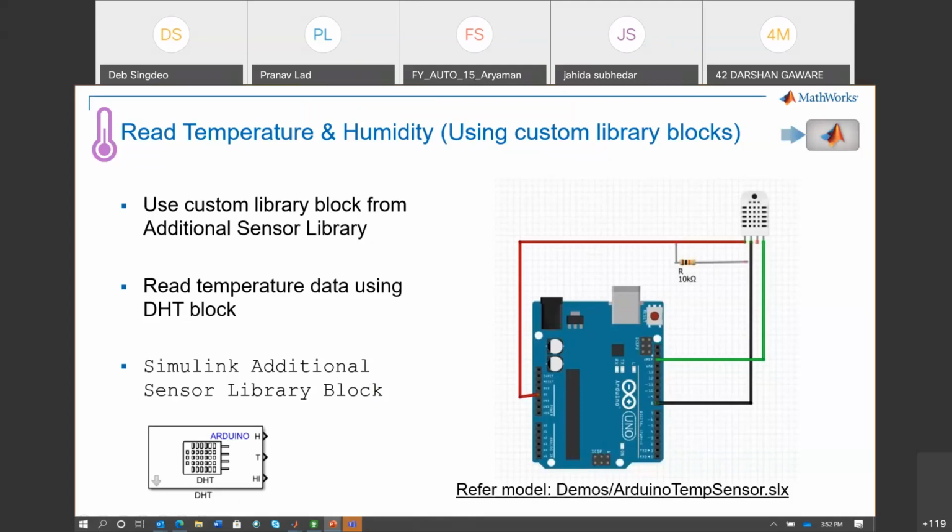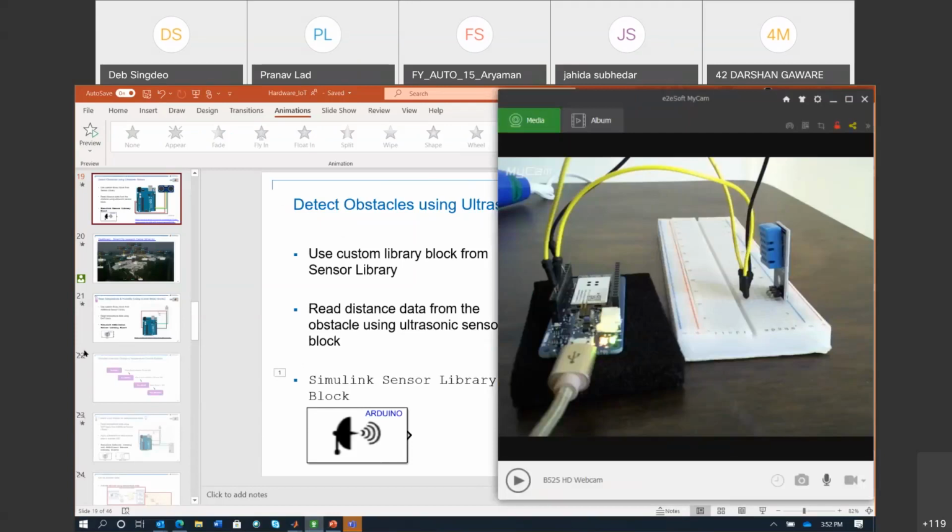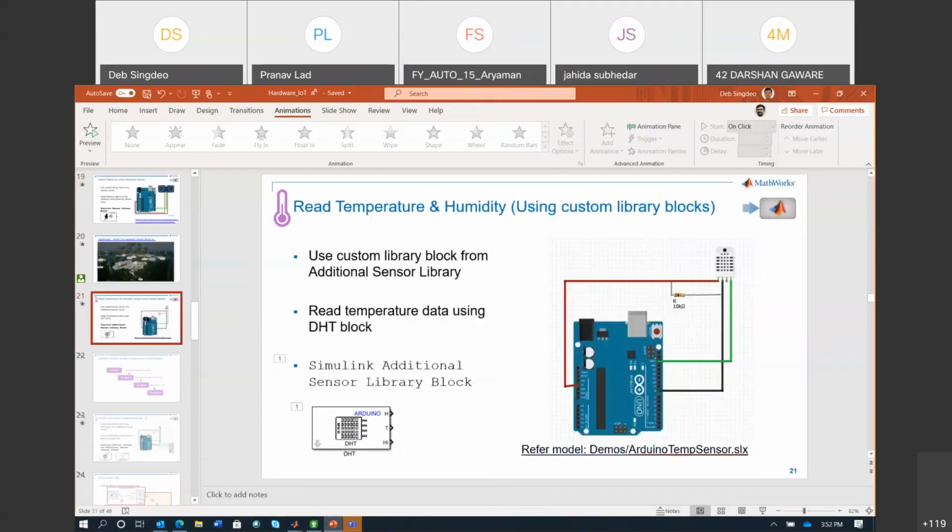So the first step is that I will connect my hardware properly. If you look here, the DHT sensor has 3 pins. 2 of them are for power. It takes in a voltage of around 5 volt, and one of the pins is grounded. The third pin is connected to one of the channels on my Arduino, and with that, I will be able to read in the data that is being captured by the sensor.